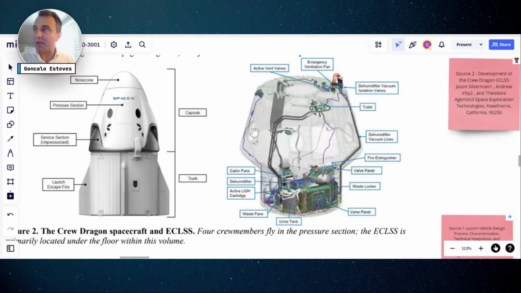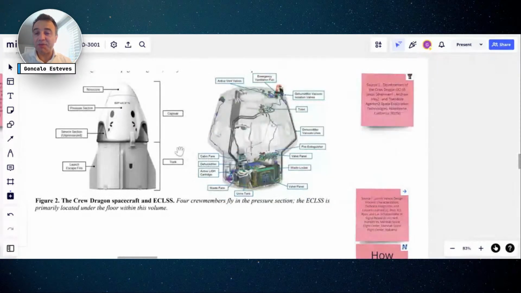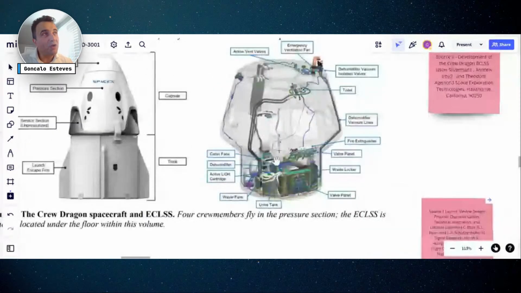There are quite a lot of jobs open for this type of thing, but you need really to be good in fluids and, I would say, a good understanding of human physiology. Okay, well, biology as well, but physiology. Now the fun part is that SpaceX put so much data outside. Why? I don't know, but the sources are good.